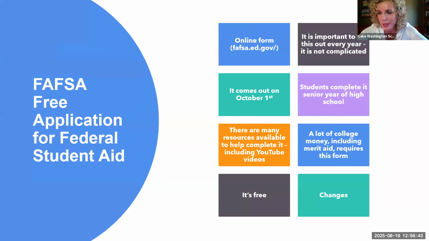This is what I was talking about. I'm just going to pretend that it's going to happen. There's a lot going on with the Department of Education, and that's why I don't know what's going to be happening. But there is a form called FAFSA. You might have heard of it. It's the Free Application for Federal Student Aid. It comes out typically October 1st,